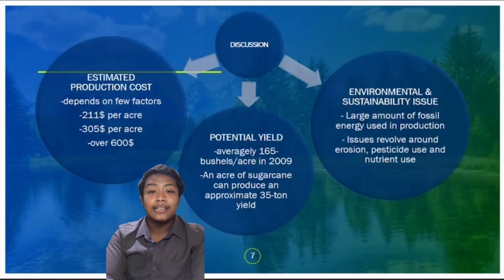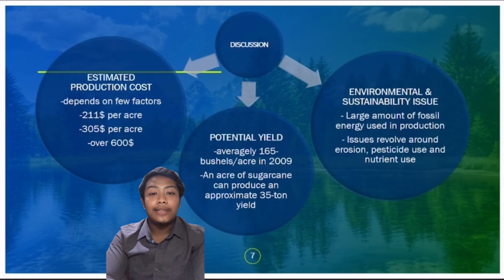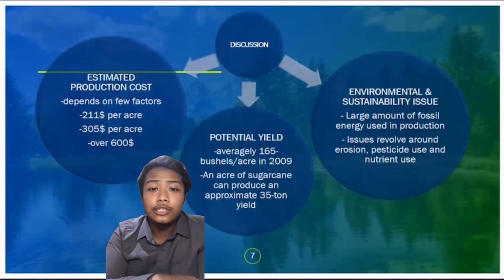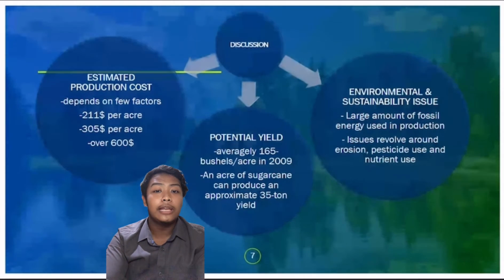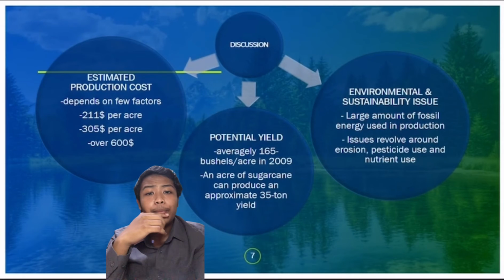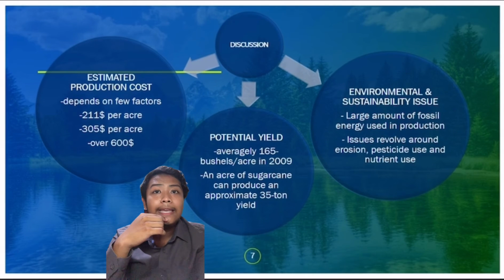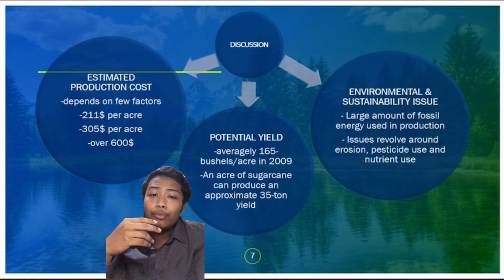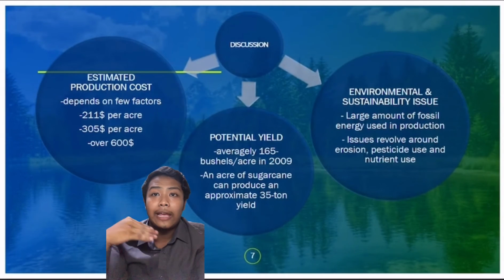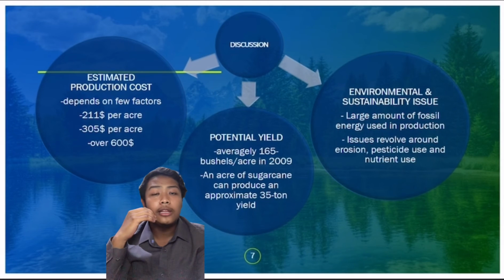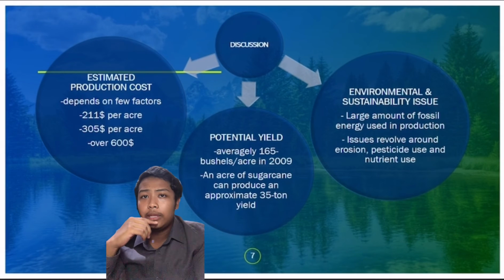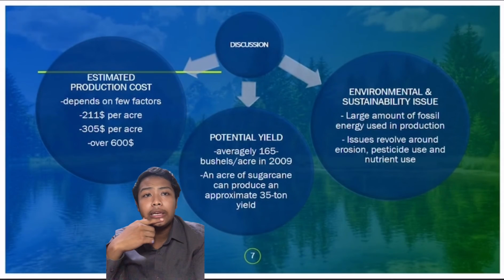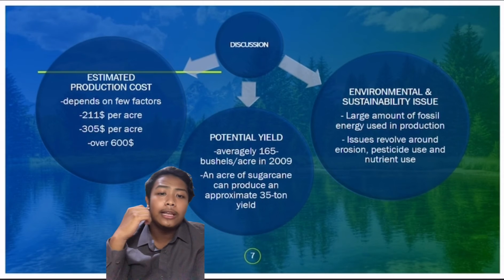The third and final discussion of this topic is potential yield. The average national corn yield was 165 bushels per acre in the year 2009. Corn yields have increased by approximately 2 bushels per acre each year since 1940. This increase will likely continue, with some predicting the yield trend will amplify at a greater rate due to biotechnology and advancement in breeding. Ethanol yield per acre would be 462 gallons per acre from corn yields of 165 bushels